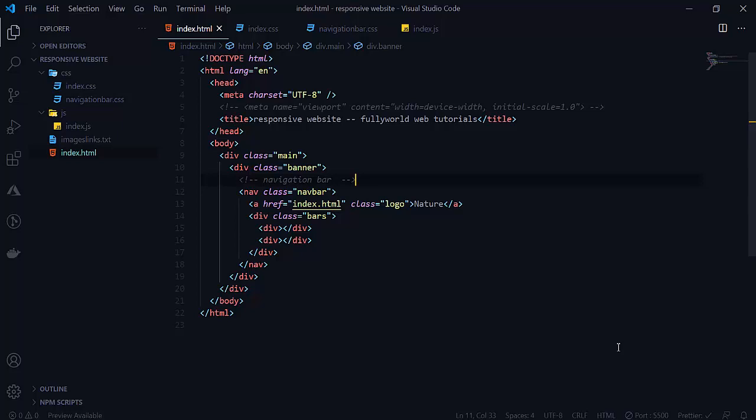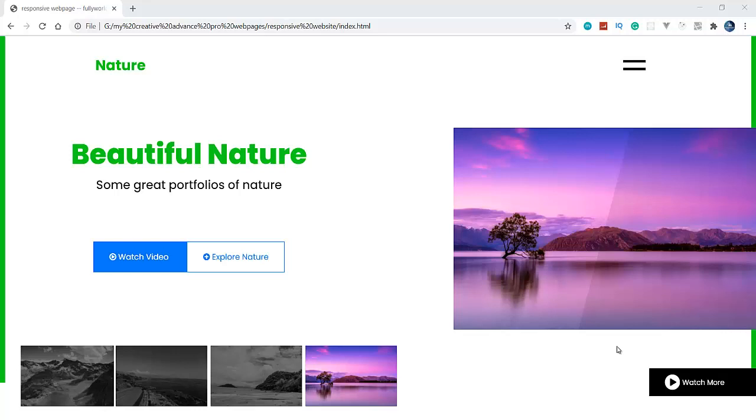I'm going to click here, open with live server. It will open in our default browser, which is Google Chrome. If it is not opening, see that the port is 5500. So it is opening now. See that now it is opening, and this nature text is only showing.